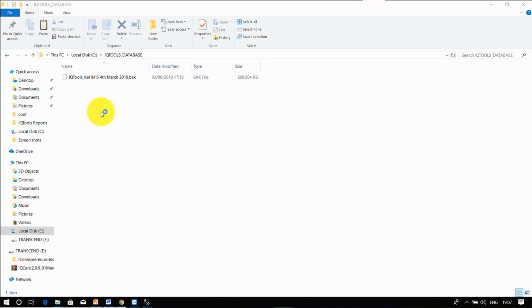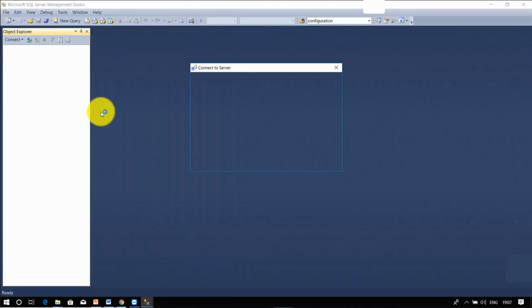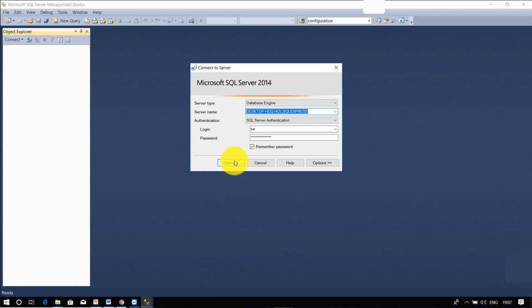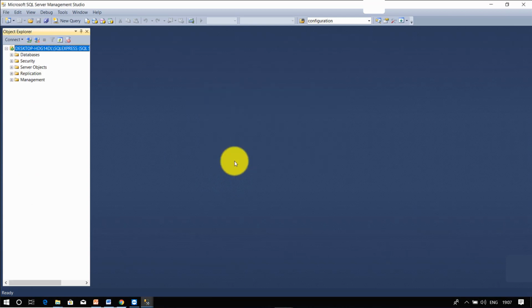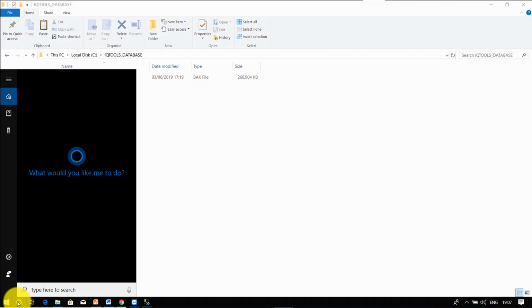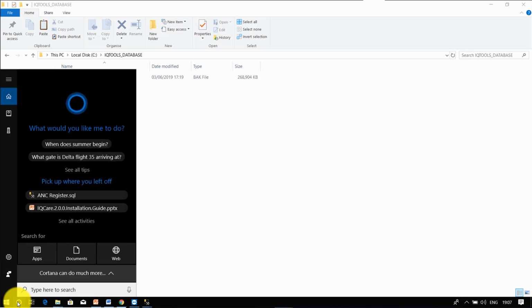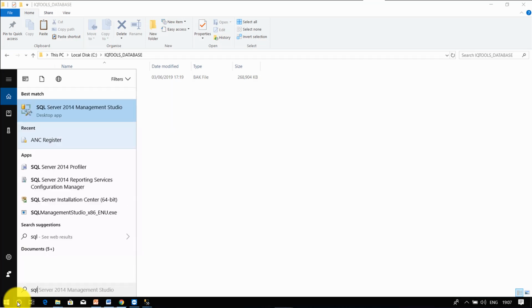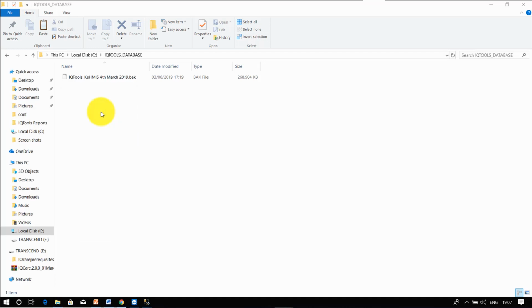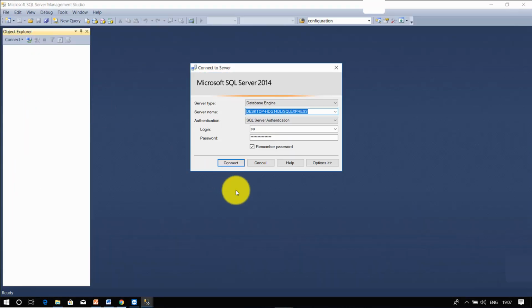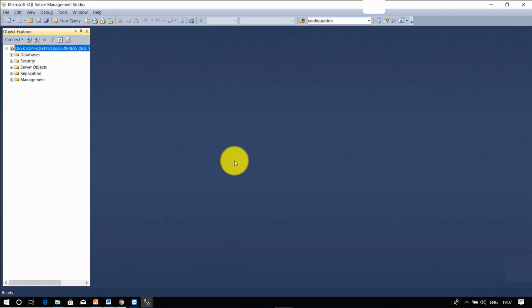Then proceed to open your SQL server. Search for SQL. So we'll access our SQL server and delete the existing IQ Tools database from the previous installation.